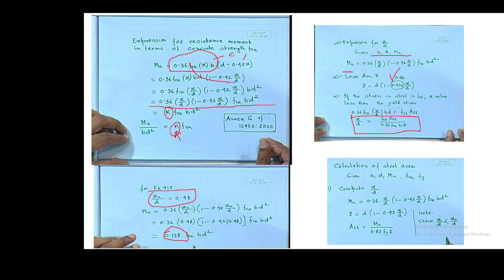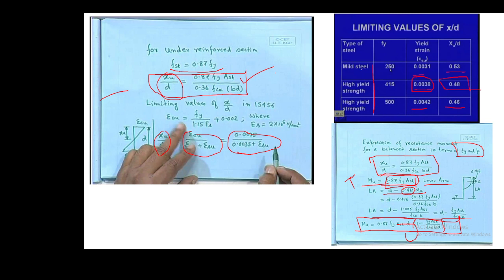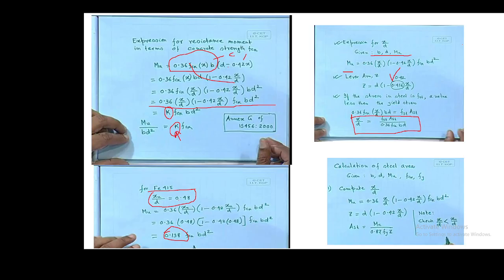So for calculation of steel area, we are given B, D, MU, FCK, FY. Then we compute XU by D, which we can do by this table. This table is always helpful to calculate XU by D. Then MU, we know the formula for the MU, and the Z also we know, and the AST we can directly calculate